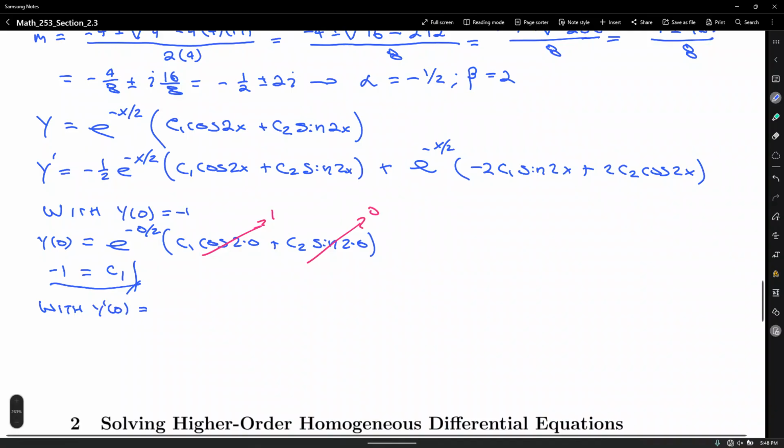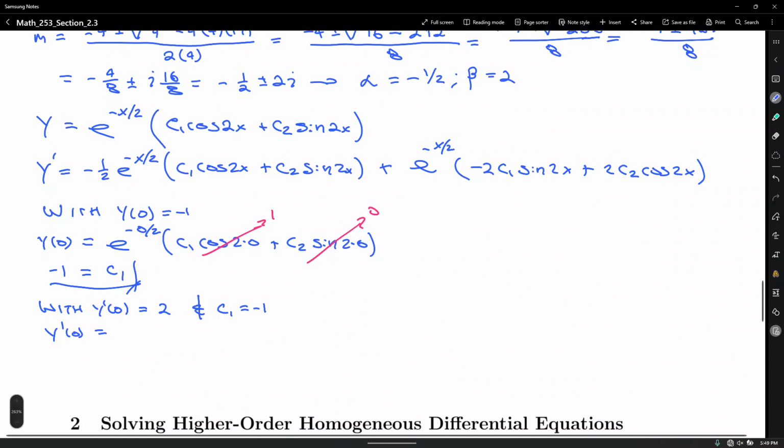We already know that c1 equals negative 1. Let's keep the c1 for later. So, y prime of 0 equals